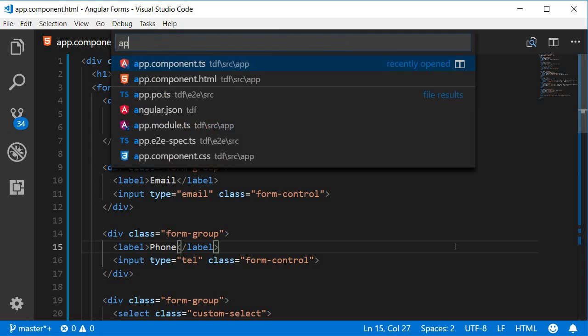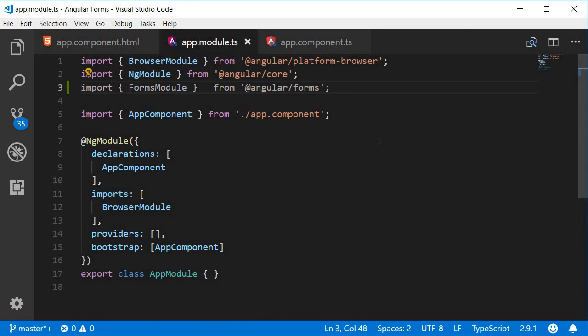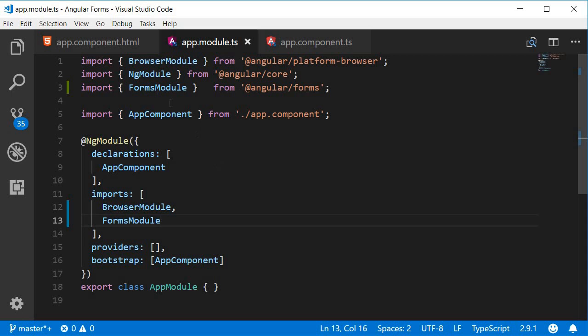So open app.module.ts and then import forms module. Let's also add forms module to the imports array. Now, if we go back to